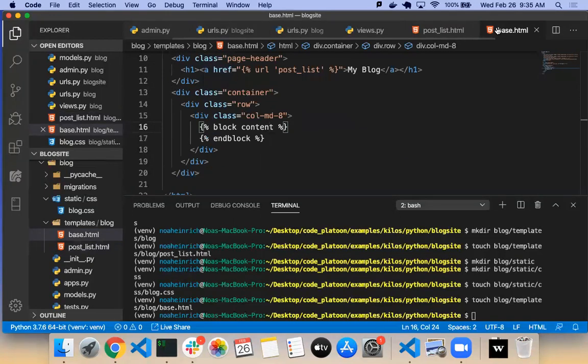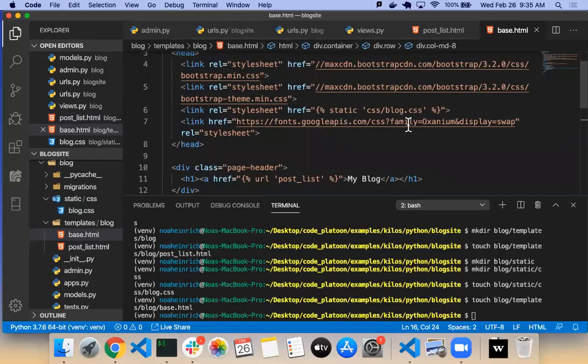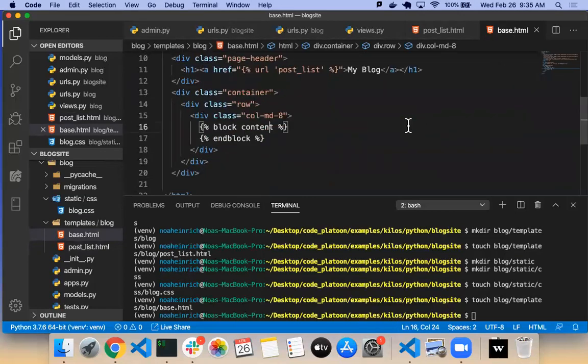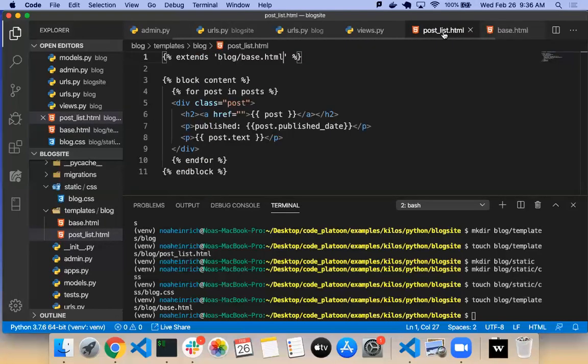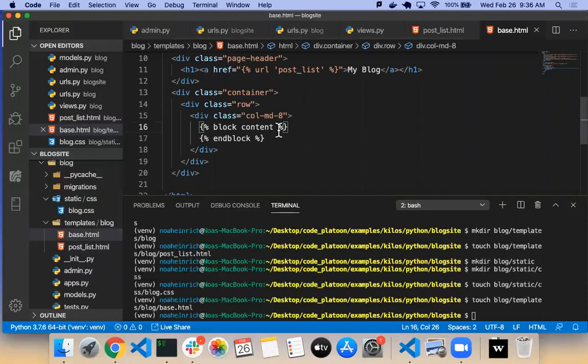Any questions about how we made this happen? Are the specific words block and content the convention? If you were going to do this multiple times, how would you adjust that? If I had multiple things using the base.html as a template, then I would just keep on saying block content on every one of my templates, saying whatever the block content is goes right there.